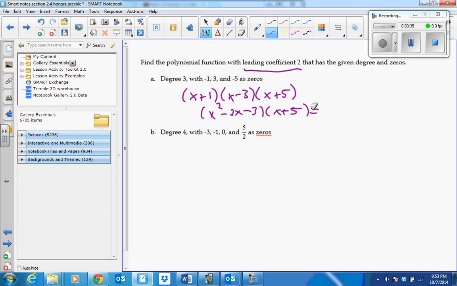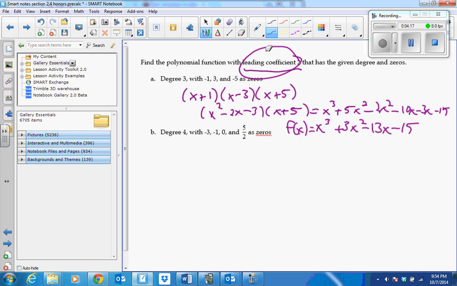And now if I multiply that trinomial times a binomial, I'm going to get x cubed plus 5x squared minus 2x squared minus 10x minus 3x minus 15. And when I combine my like terms, I get x cubed plus 3x squared minus 13x minus 15. Now the only thing that's missing, so this is a degree 3, but what we don't have